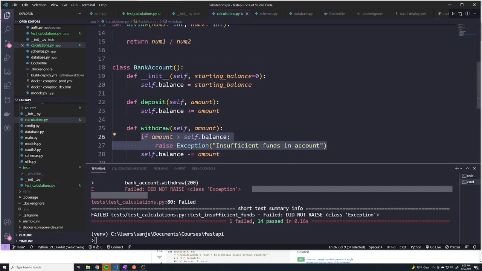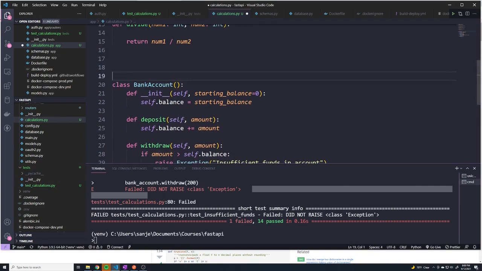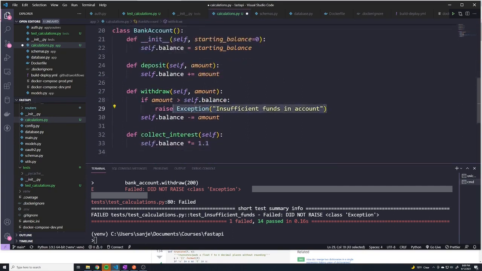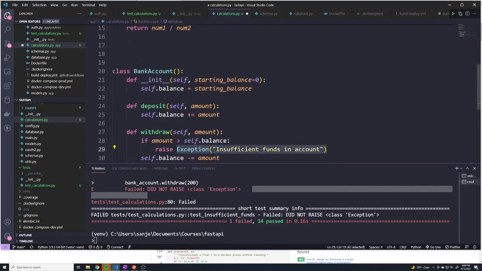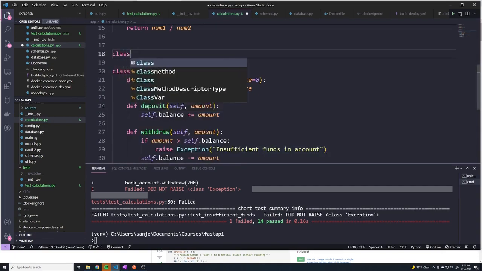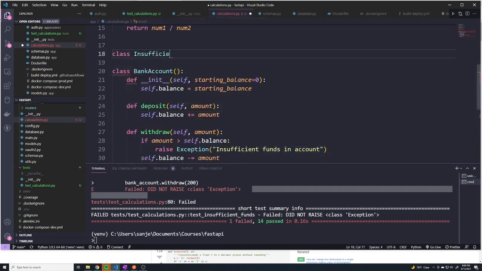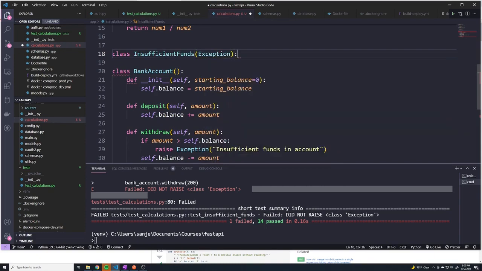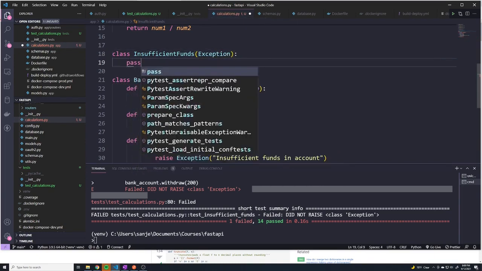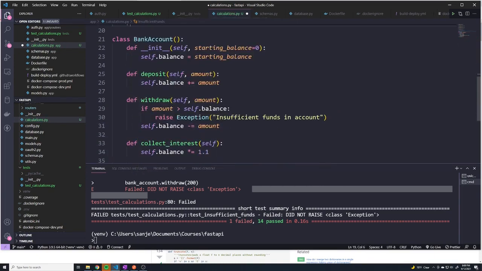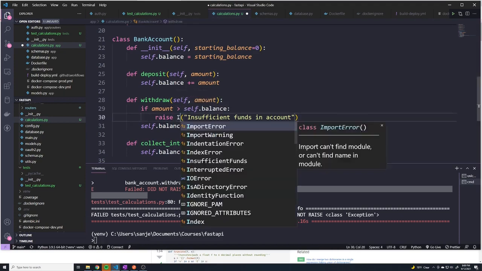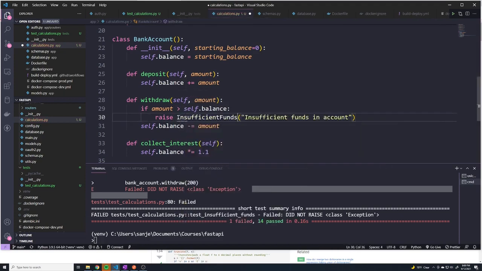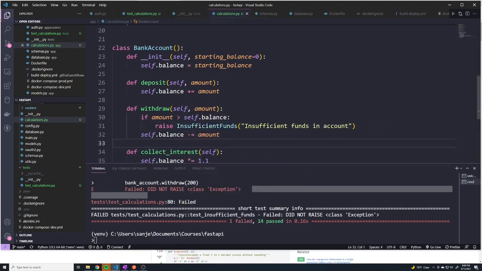And now, in real code, right, you wouldn't just throw a generic Python exception. You're going to usually create your own exception classes. So let's say we define our own exception, and I'll call this insufficient funds. And this is going to extend the exception class. And we'll just say there's no property, so I'll just say pass. And in this case, I'll say we'll raise an insufficient funds. All right, so if I make this change,